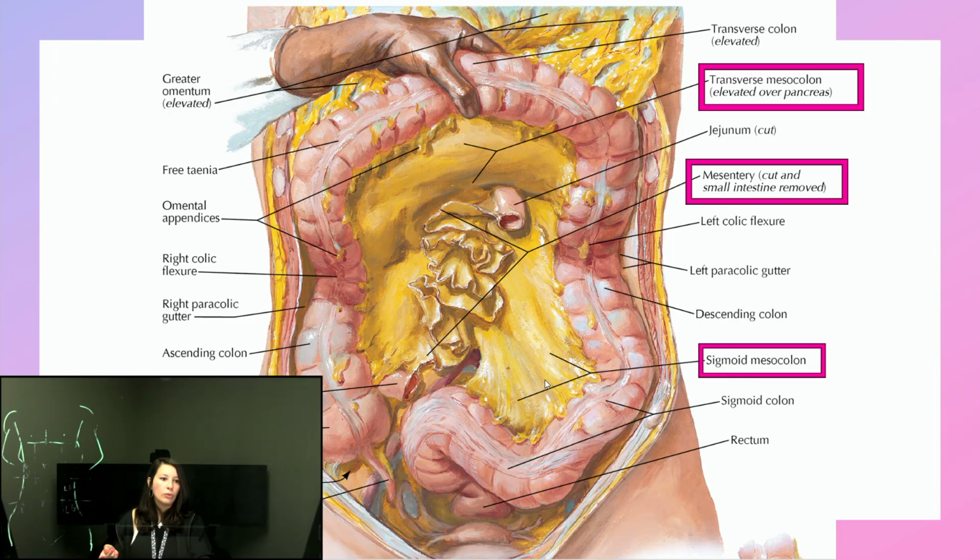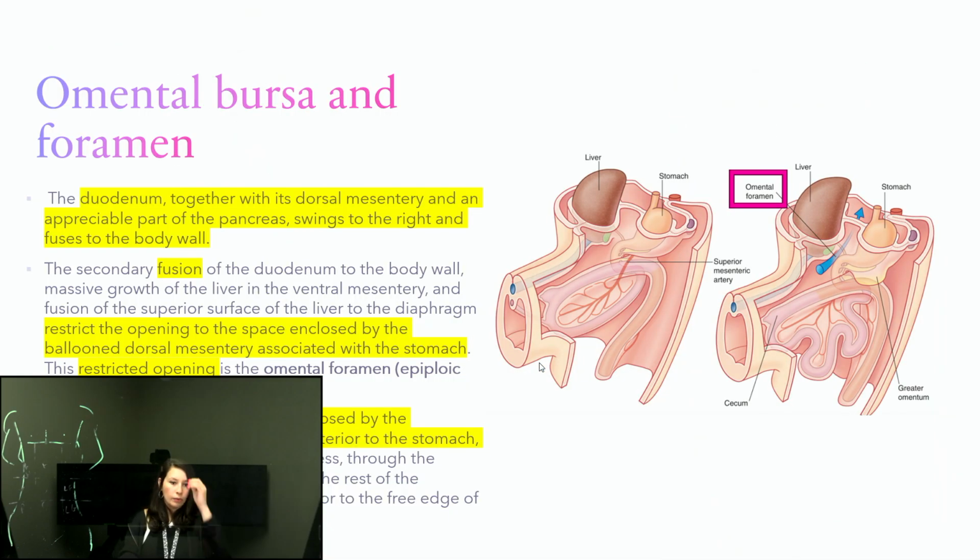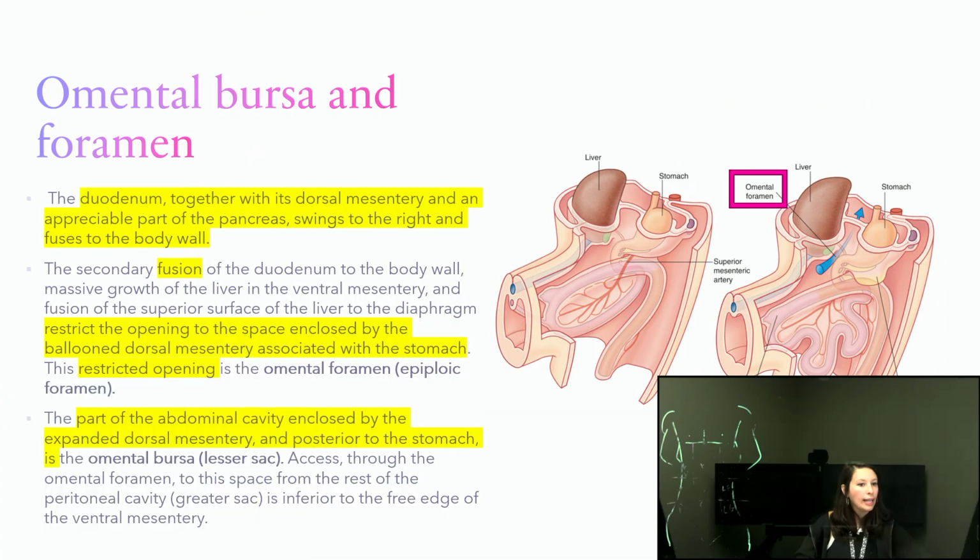And then this right here, the sigmoid mesocolon. More recently, in recent studies, they have actually classified each one of those as specific organs. They are organs of the body. Now, let's talk a little bit more about the omental bursa and the omental foramen,